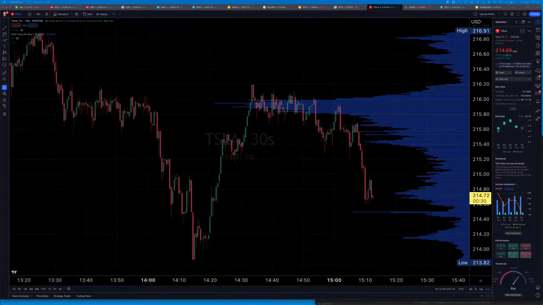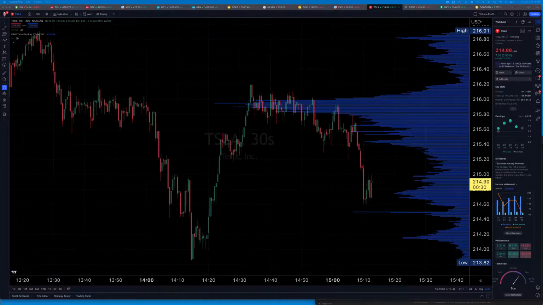What we're looking at here is Tesla. And by the way, this volume profile technique works on any asset that has volume. Now, we trade options on the SPX, the index, and obviously there's no volume on the SPX, because it's an index. It's calculated. There is nothing to have volume with. You can't actually trade it. So what we do is look at the E-mini S&P, which is the equivalent of the SPX, only it's a futures contract. It does have volume.